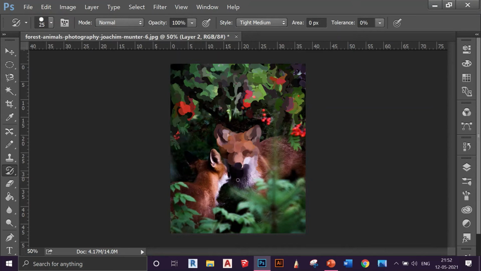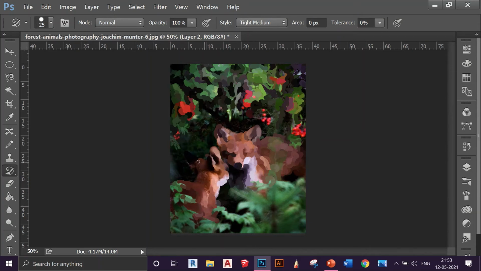So it's giving out better details as compared to the other brushes right now because the size is small, and the brush that I have chosen is giving me the right stroke which I'm feeling for this. So I think I'm done with my, I'll go once more here, and then I'll go with the smaller fox like this.